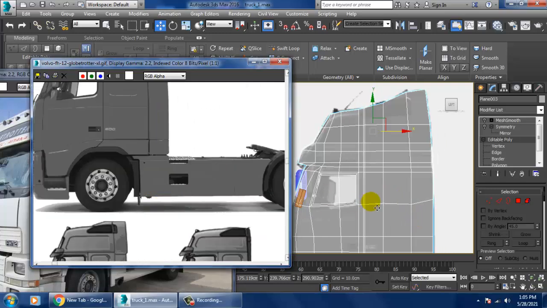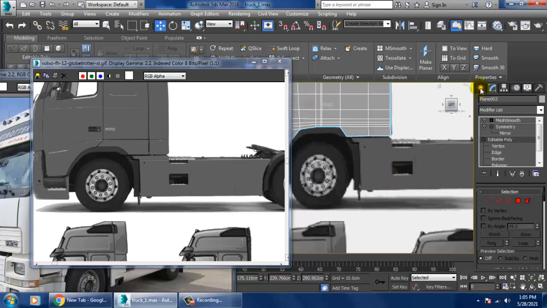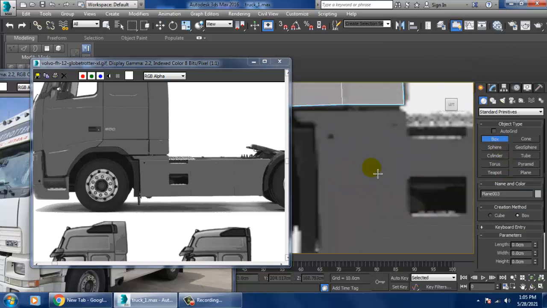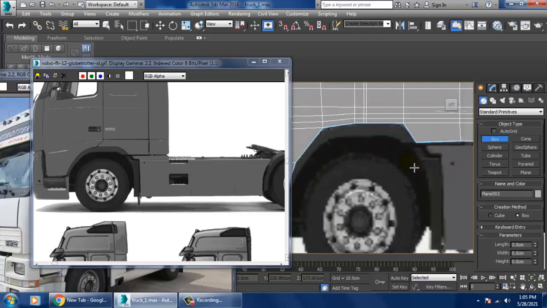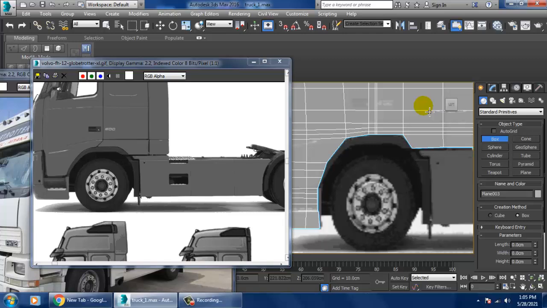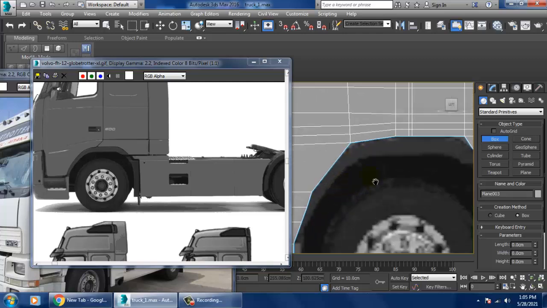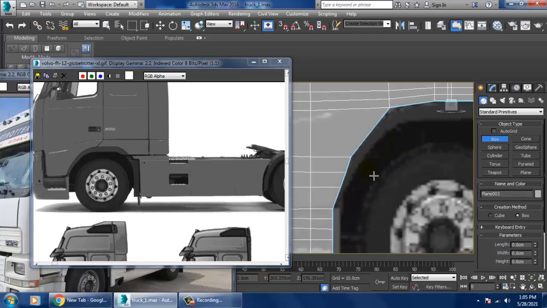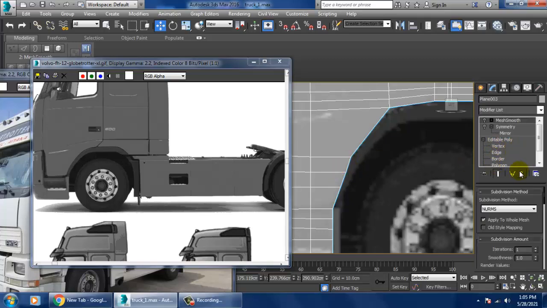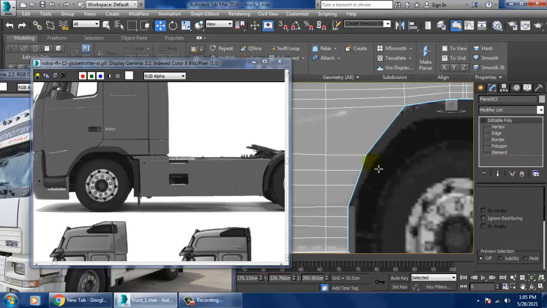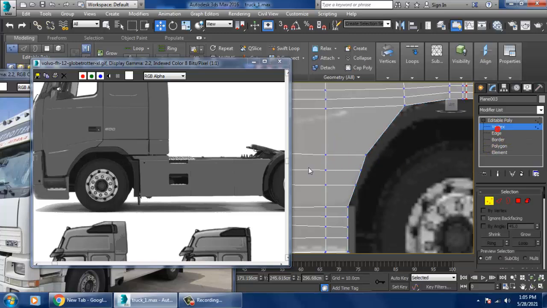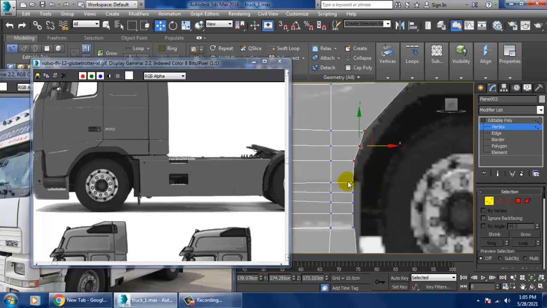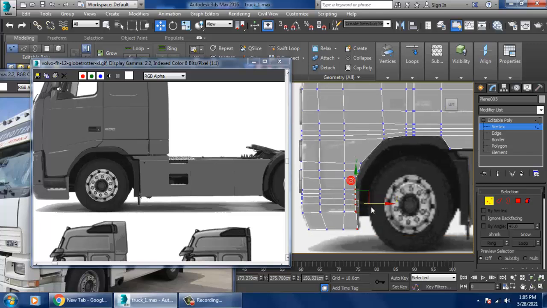Let's go over here and take a box. We'll be modeling this individually, so we have to model this part also. How can we model this part? Before that, I'll delete this mesh smooth and turbo smooth and go into the vertices. I'll slightly shuffle that, select this part, and push it in this way.